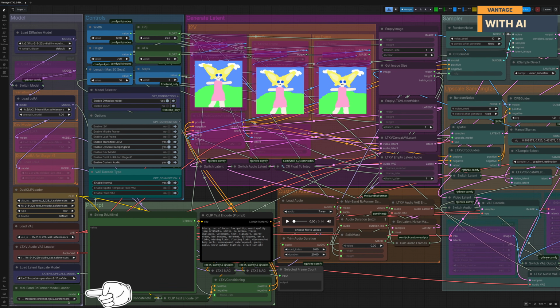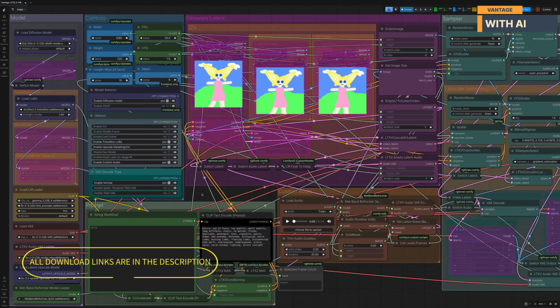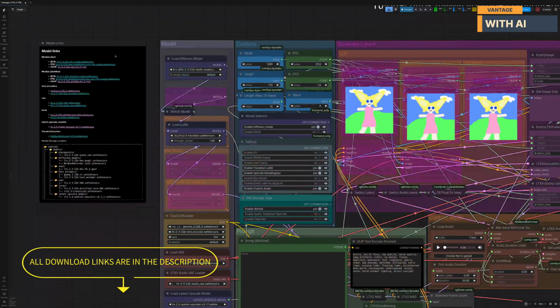And lastly, there's the Mel Band RoFormer model. This is used to isolate clean vocals from your reference audio, which can be very useful for lip sync workflows. You'll find all the required download links already included within the workflow itself, and I've also added them in the